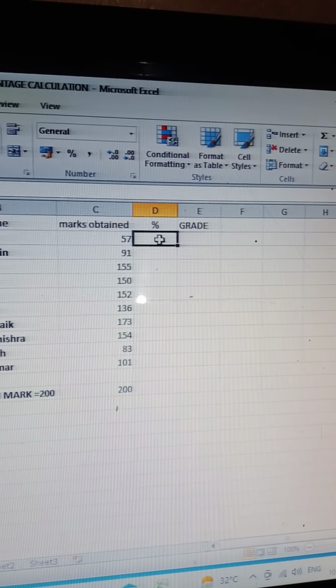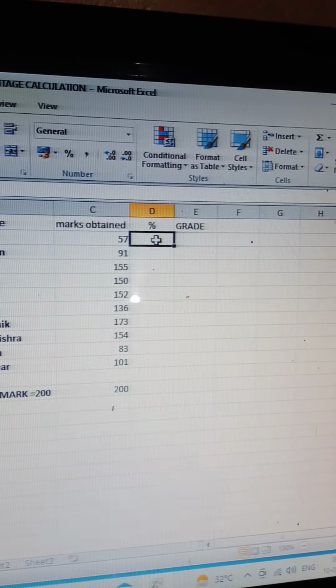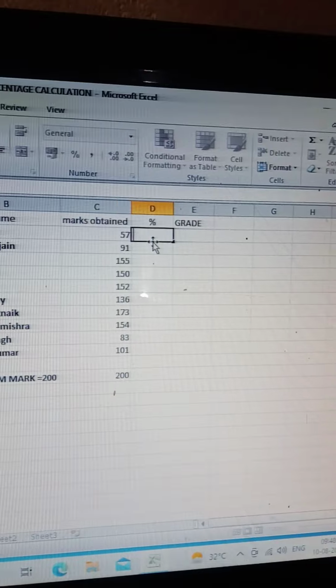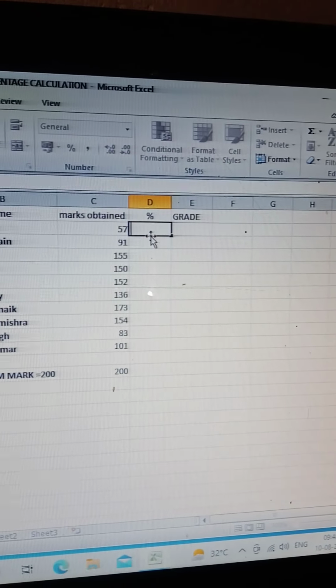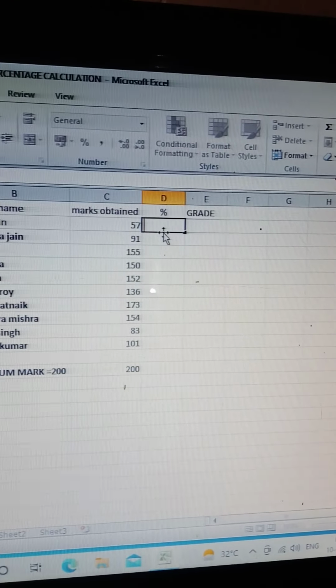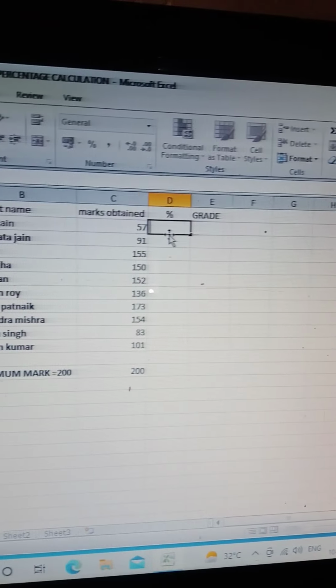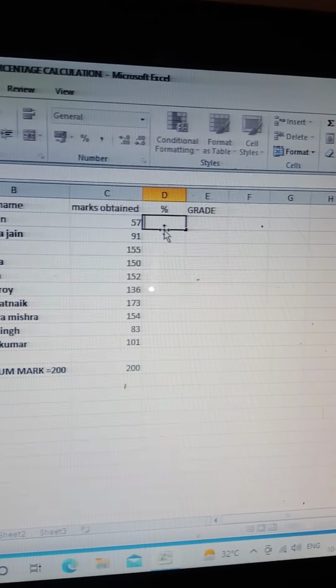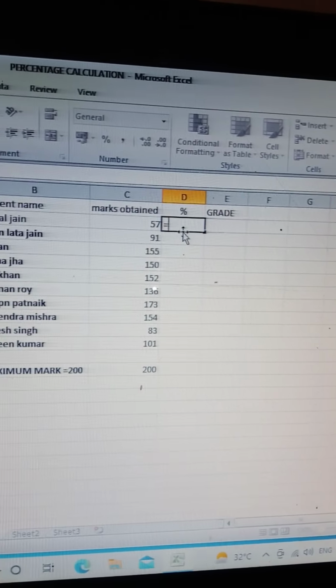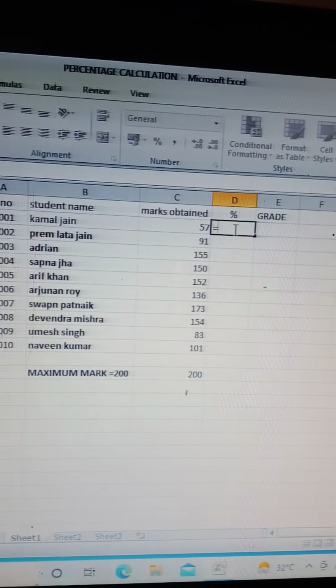So I have to first select. Now I enter formula of percentage. So formula of percentage in Excel is equals to, I have to obtain right here obtain marks means